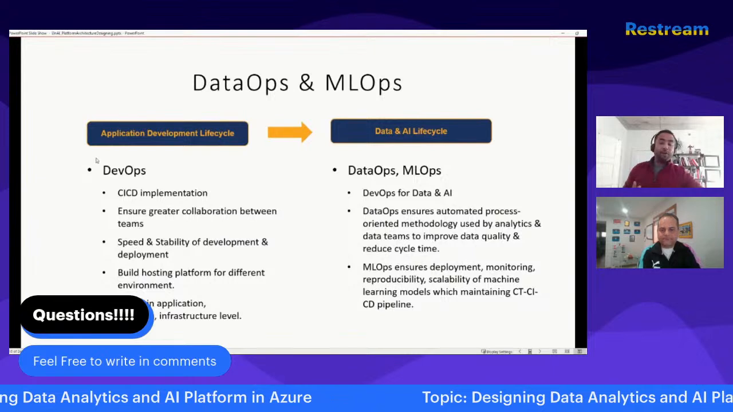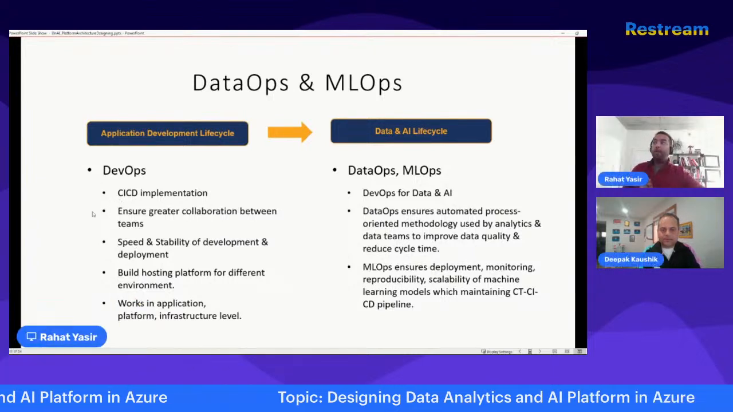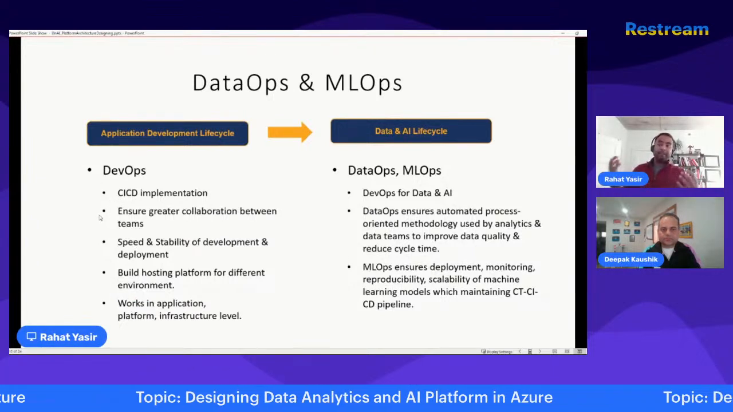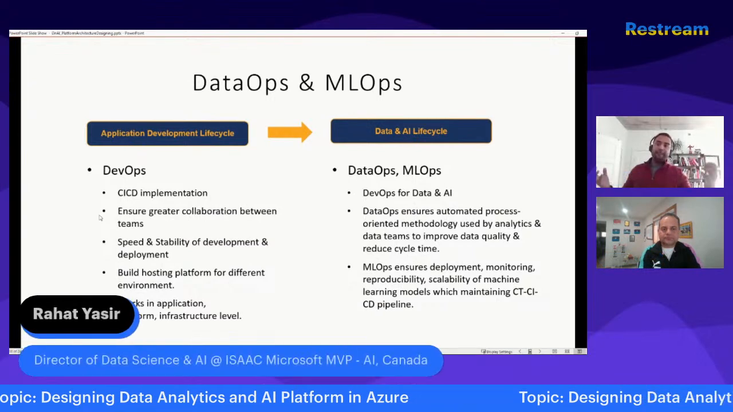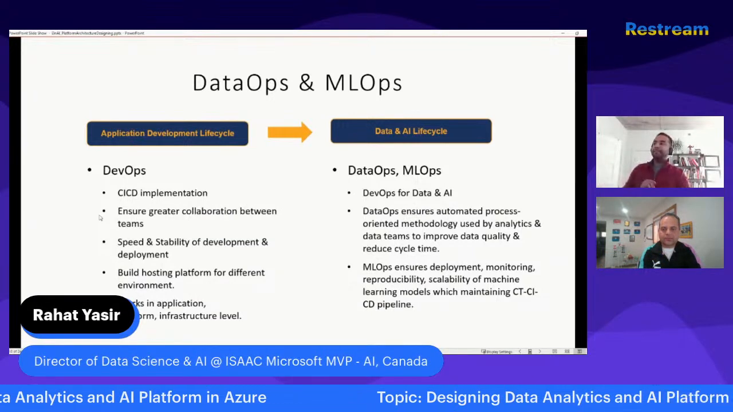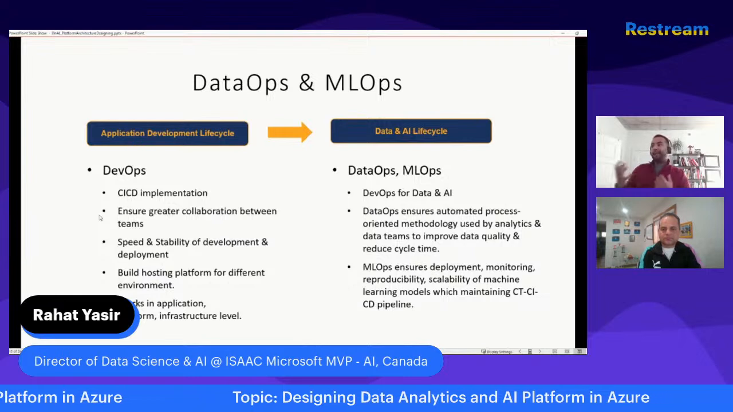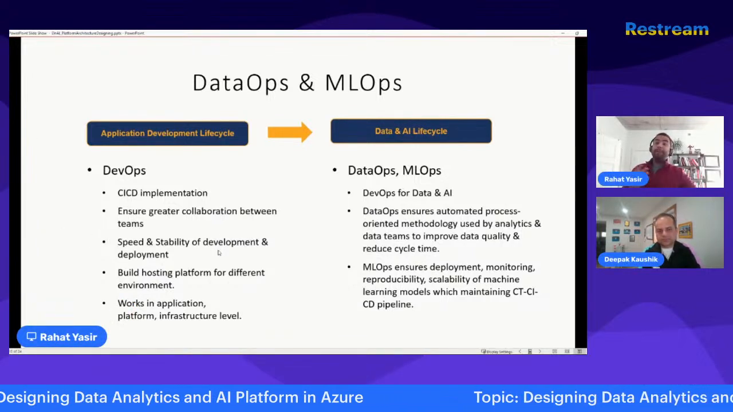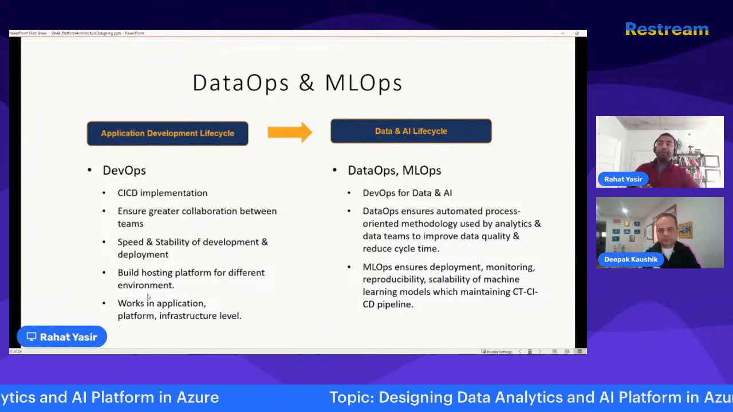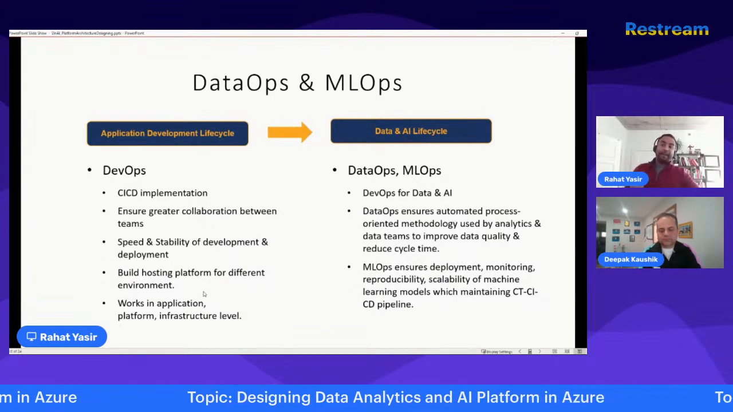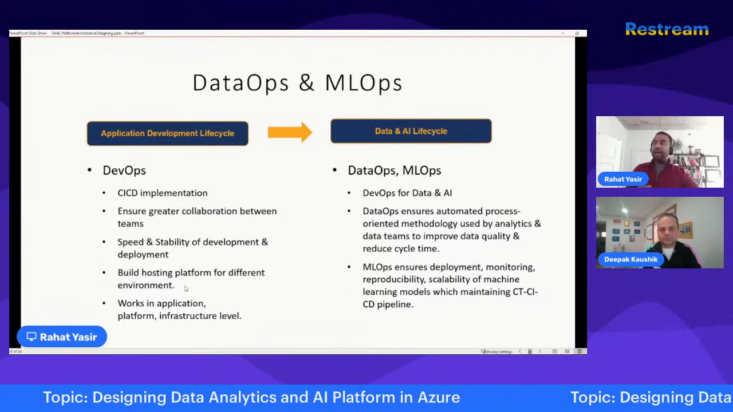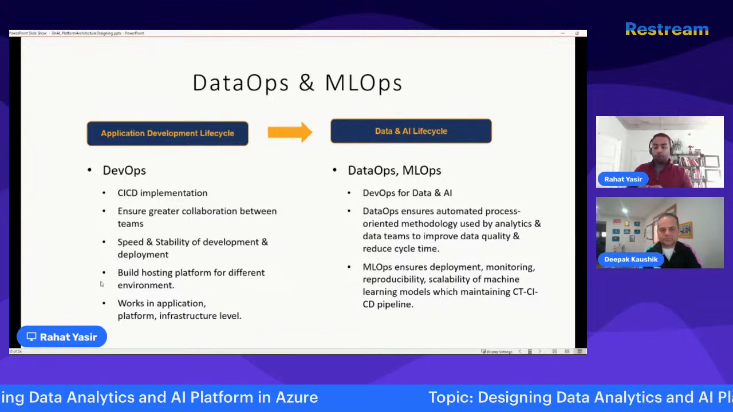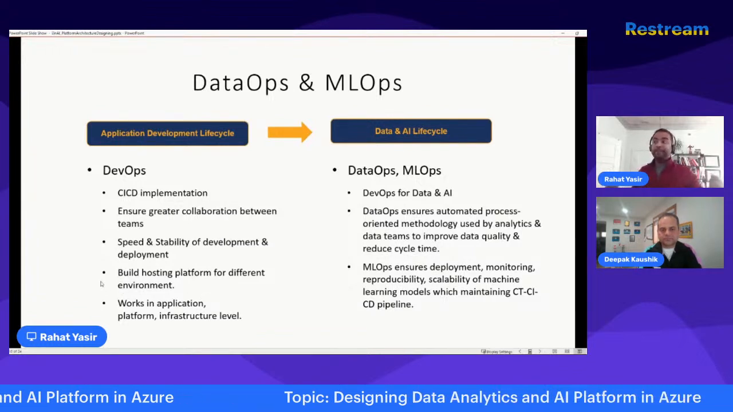So DevOps is the one who implements CI/CD, who also does collaboration between backend team, front end team, sysadmin, IT team, that kind, because they're the one who maintains the platform, who deploys the production, who hosts the platform in different environment like sandbox, dev, QA, prod, and also they're the one who scale the platform in if needed